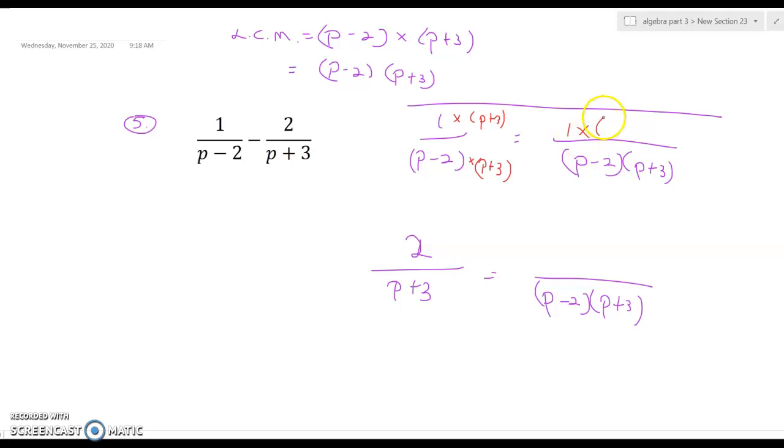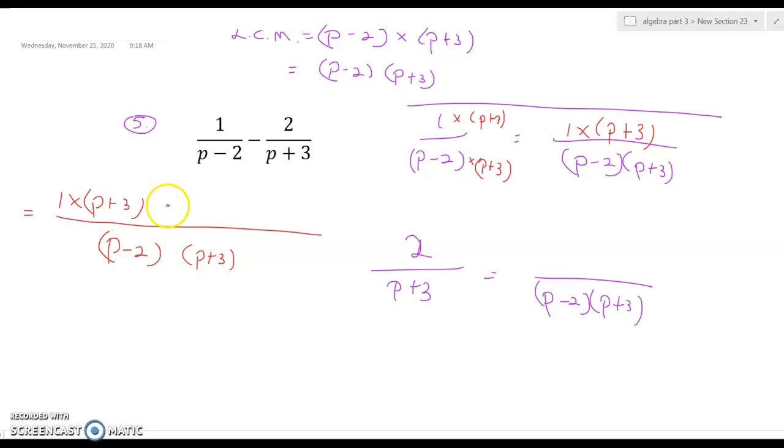So 1 times P plus 3, right? So 1 P plus 3, I'll put that in brackets, right? And then afterwards, remember everything is over the new denominator, P minus 2, P plus 3, and we're going to take away after,